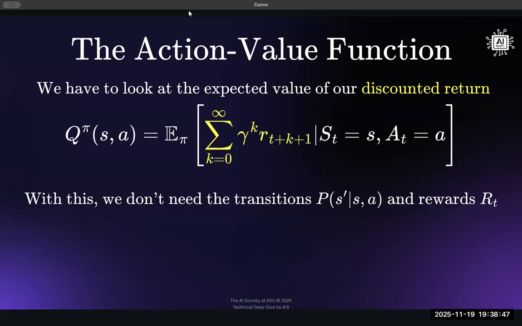But there are also some important fundamental relations between this and the value function. One says that you can find the optimal value function by taking the maximum over all of the action value functions, which is an important result. But you can do many other things with this as well, not just the value function. But then, of course, you have to account for actions.